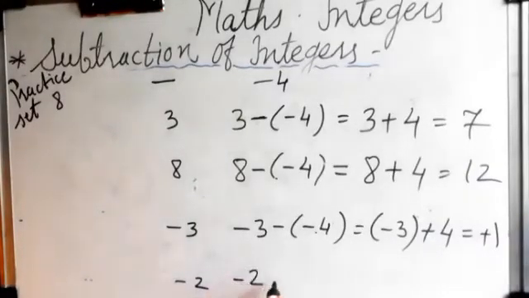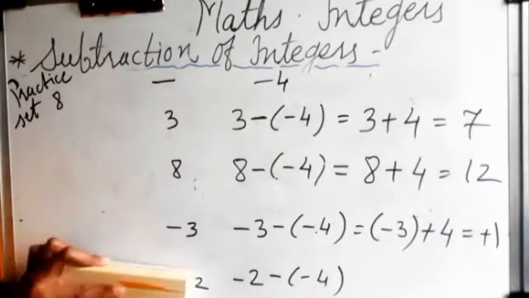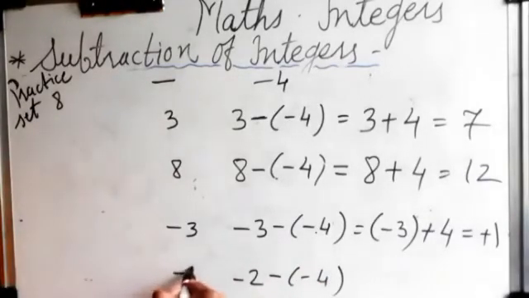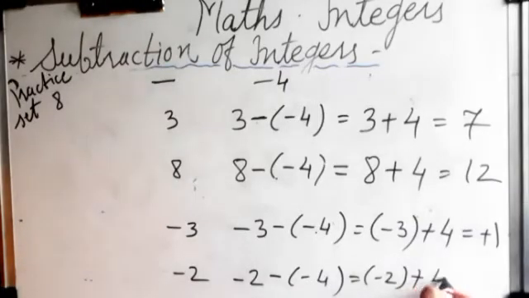Next, minus 2 minus 4. So again, write minus 2 as it is. Then instead of subtraction, plus. Take the opposite of minus 4, plus 4. And then it contains different sign. Take the difference. 4 minus 2 is 2. And give the bigger number sign, that is plus will come. So here I have solved for you for 6, 9 and minus 4.